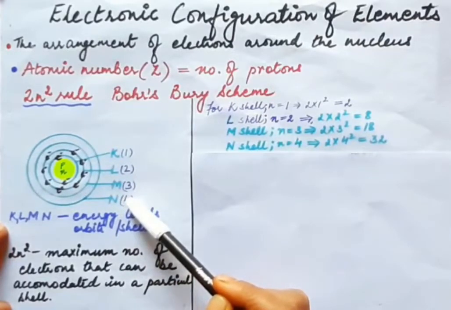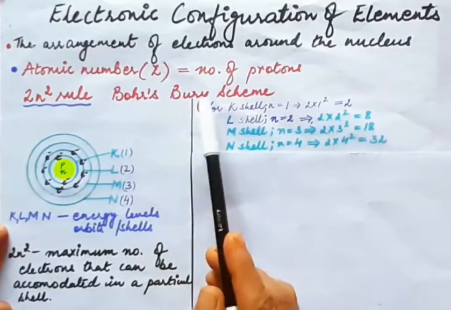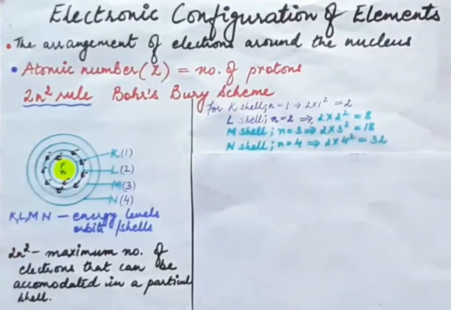So while filling the electrons into these shells, we should know the atomic number of the element. The atomic number of the element actually refers to the number of protons present in the nucleus of that particular atom. Now when we talk about an atom, the number of protons is always equal to the number of electrons, and this is the reason why an atom is electrically neutral. So with the help of atomic number we get the idea of the number of electrons present.